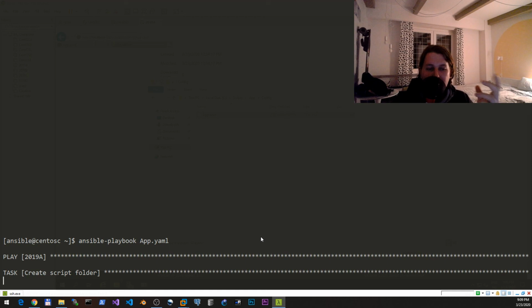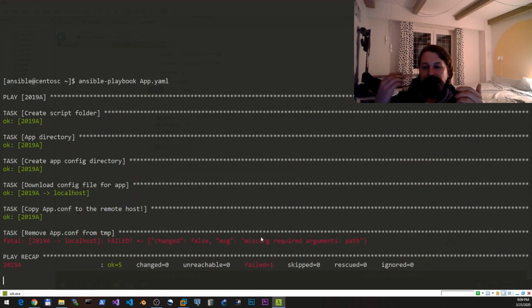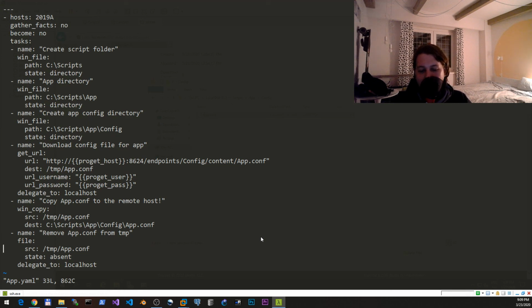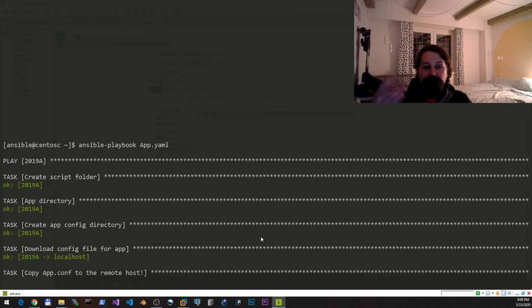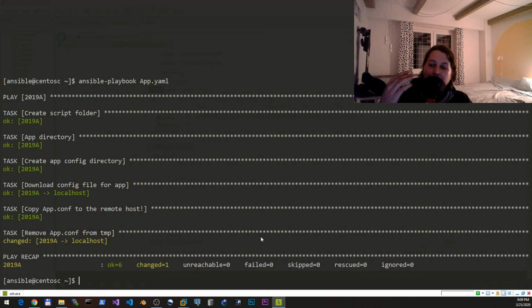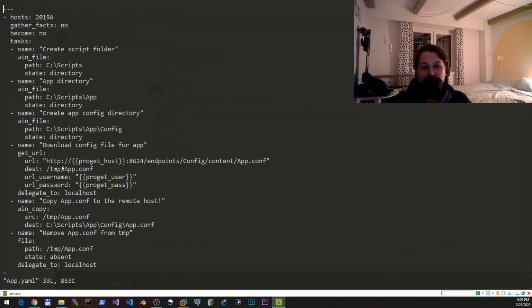So what happened here in this playbook is that we introduced the ProGet artifact store, and basically our configuration file comes from the store. And in the playbook you saw how you are able to define the all.yaml file that is going to provide you with this configuration item which is available for every host in every group, and basically we are referring to it by the app.yaml file via the ProGet host and the ProGet user and the ProGet pass. And technically this is what I wanted to show you. So this is how you can integrate ProGet to allow flexible deployment with the help of Ansible. See you in the next